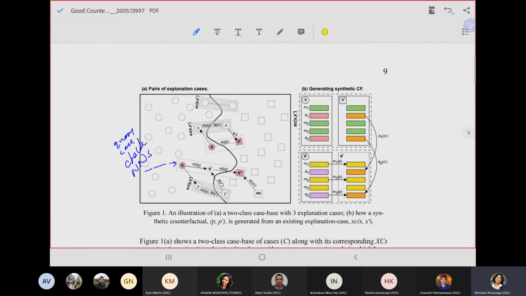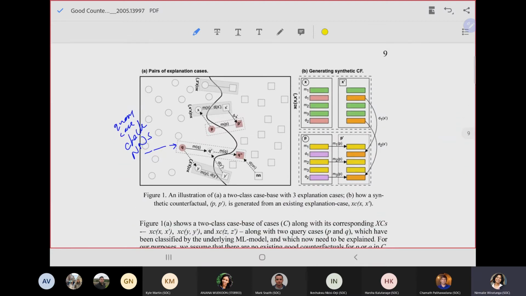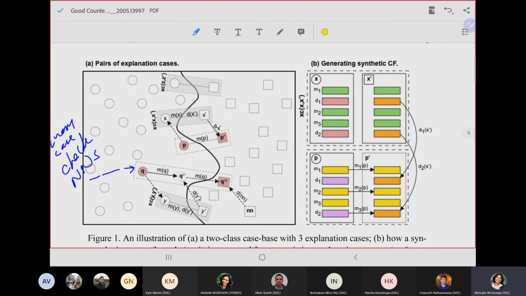Right. So now here we see in this gray area the different pairs that we can have in an explanation case base. So explanation case here X and X prime, it's the case and its counterfactual, and they are on either side of the boundaries because they have different predictions, right? For example, if you take this one here, this is one case and the counterfactual is here and they're on either side of the boundary. Similarly, they have a second explanation case X and X prime here,